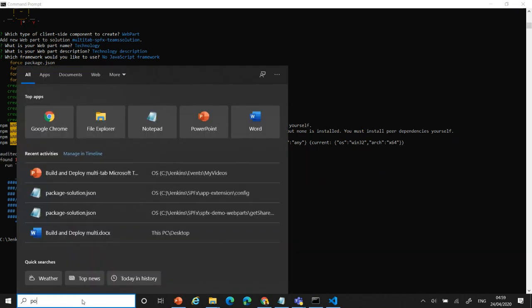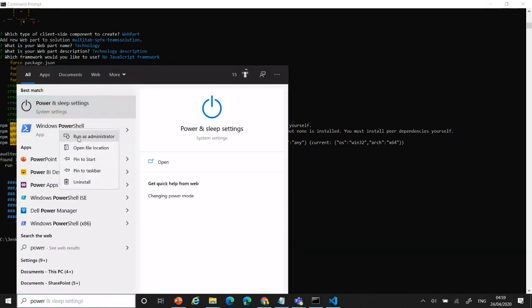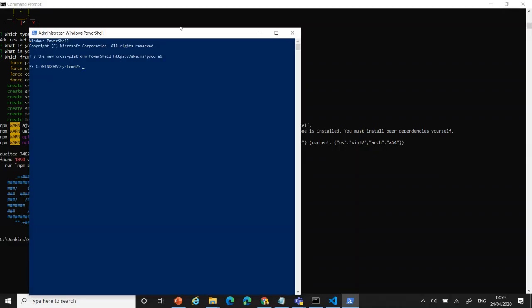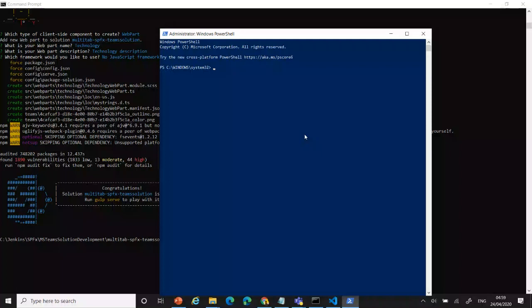Go to Windows PowerShell, right click, run as administrator. Always remember you need to run as administrator. Just connect your SPO service to identify where you are going to deploy. That's the only thing you need to do. If you are doing it the first time, it's Install-Module -Name Microsoft.Online.SharePoint.PowerShell. You need to remember the spellings. Now we need to install. I think it's already available on my machine. Anyway, you can install that, and then you can go and connect.